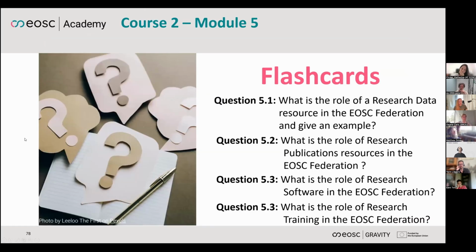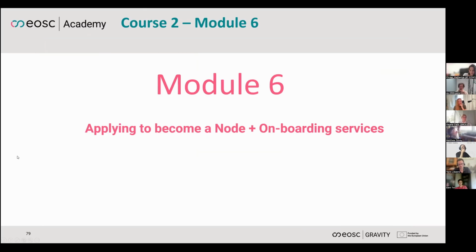The flash cards, yes, we have those. I had a numbering mistake there, but you need to think about what research resources you're going to provide and how they're going to be used by the overall Federation or by the research community. So we come to the last